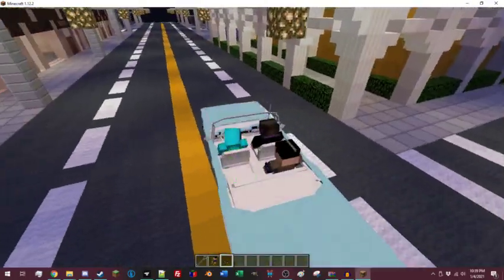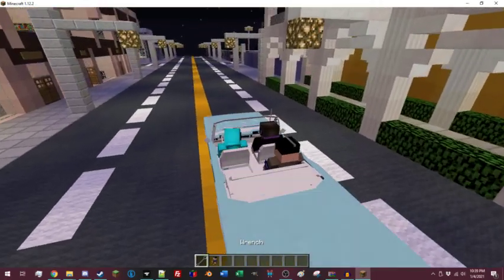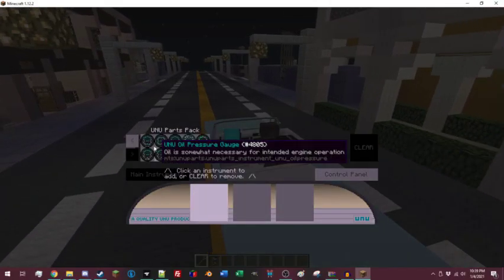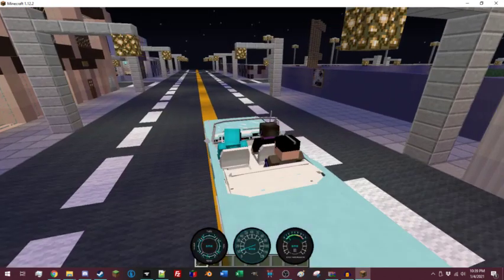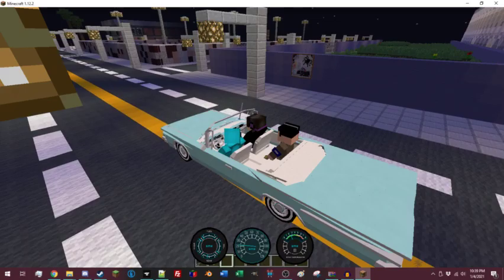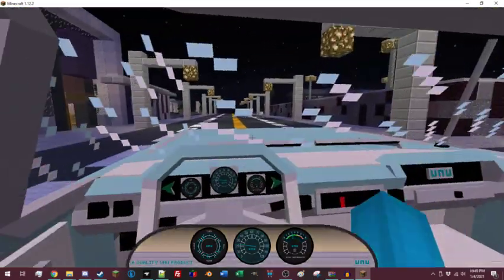And what is cool is I finally added those NPC parts. In case you're wondering why I'm going slow, I have half throttle on. Go ahead and throw some gauges in there. So yeah, and then of course, as I showed off in a previous video, you got the nice convertible top,